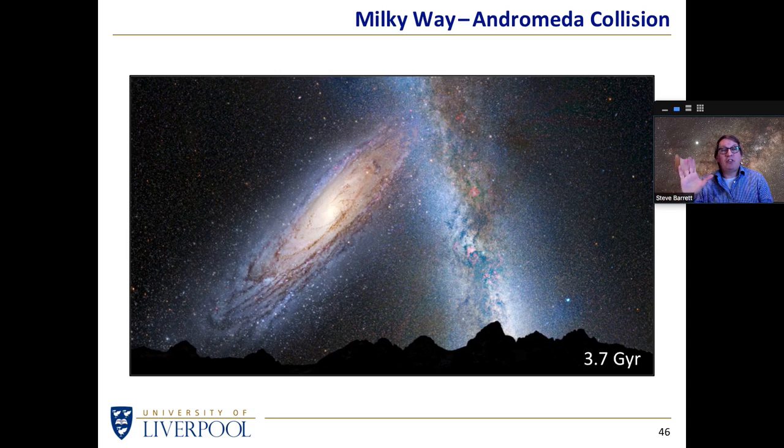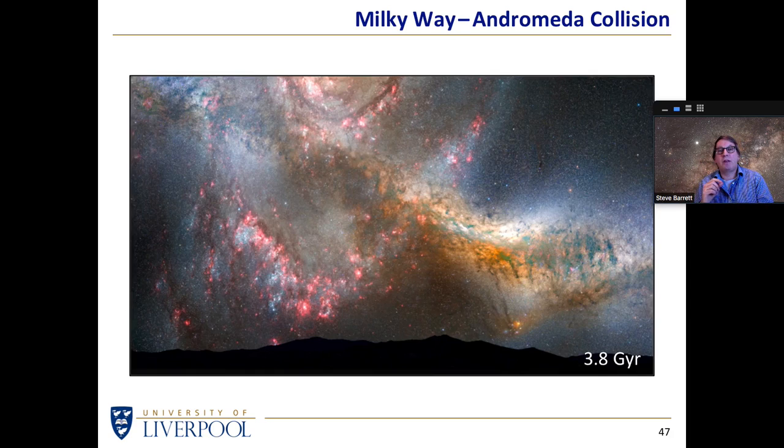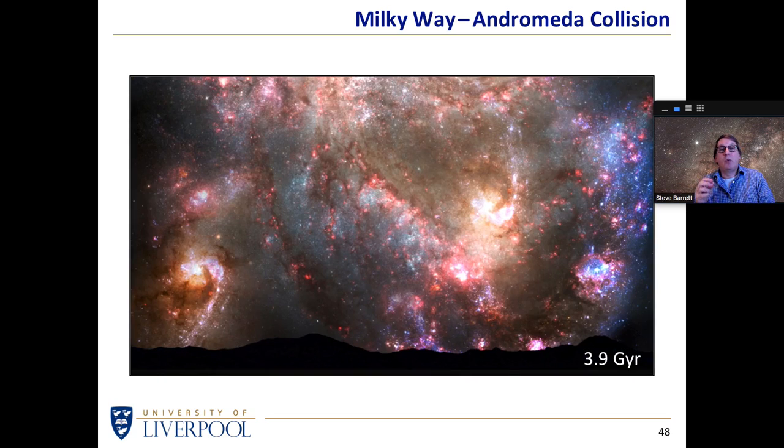But if it can just hold off being a red giant for long enough, then we will actually witness something like this. The Andromeda galaxy will start passing through the Milky Way, and there will be a few 100 million years of absolute chaos as they pass through each other and each disrupts the other. This is now 3.9 billion years into the future, there will be an enormous